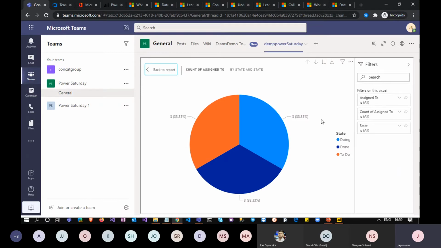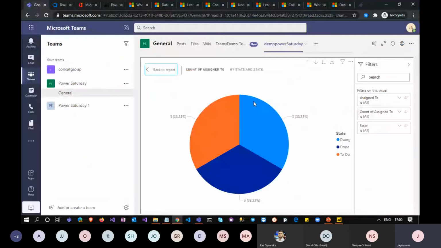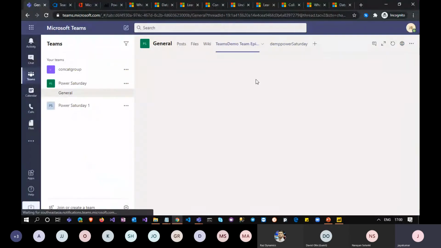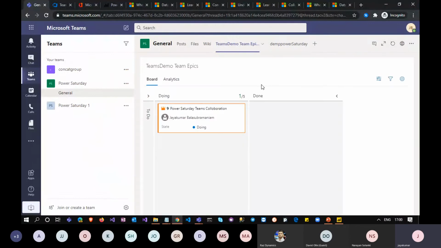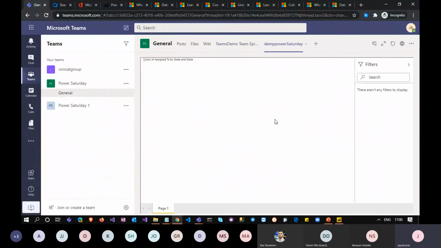This is just a sample report which I created for demo purposes. But in Power BI, there are a lot of reports which you can create and customize within minutes to track your projects and how your tasks are moving on, rather than simply looking at this kind of dashboard view. You get the numbers on hand, like how many tasks are in progress.